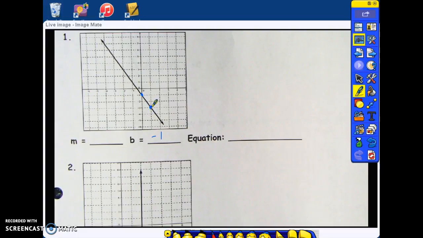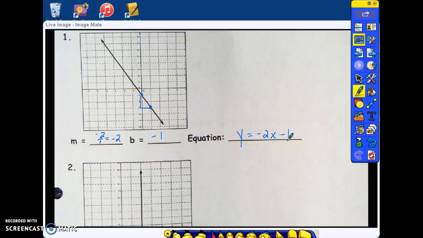And then I draw my similar triangle. To get from my y-axis to this point that I drew, I'm going down 2 and to the right 1, so my slope is -2. Once I've identified my slope and my y-intercept, then my equation is y equals -2x minus